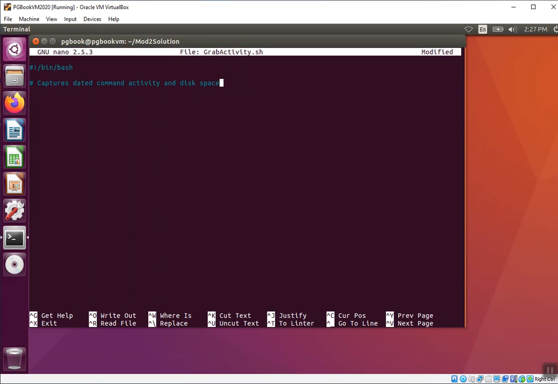Okay, I'm making a mistake, but it's not the end of the world because I can just do this. Remaining disk space in terminal.log and disk space .log respectively. There we go. So the first thing I'm going to do is issue the df command